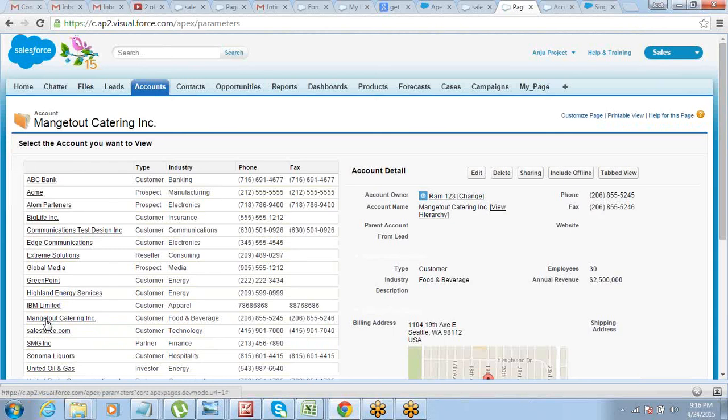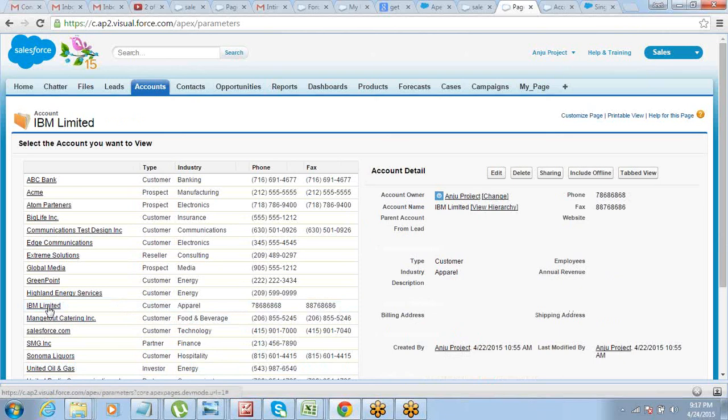Now there's a small thing. When I click on a certain record, you see the entire page again gets reloaded. The same old thing. Why should my complete page get refreshed? Because my page has this long list also, right? Reloading the entire page makes my page inefficient. So it's not a very good way of creating a page.